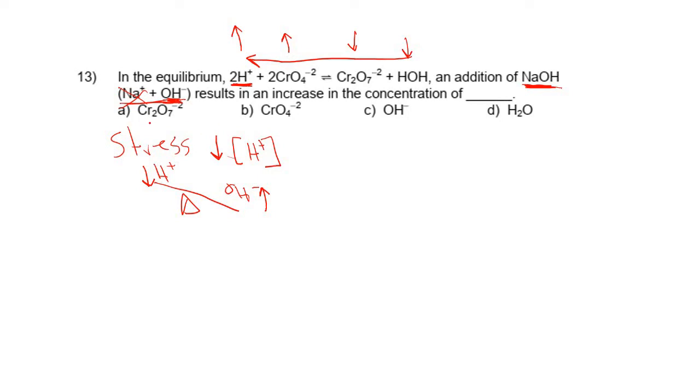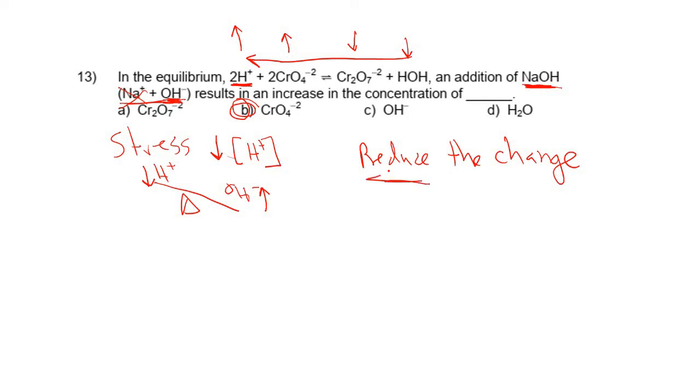The answer is B. We're going to result in an increase of our reactants. So in this case, CrO4. And also notice what's happening to our H. It's going up. So the stress was we removed H, and look what ended up happening. We're putting H back. So remember, the goal of Le Chatelier's is always to reduce the change.